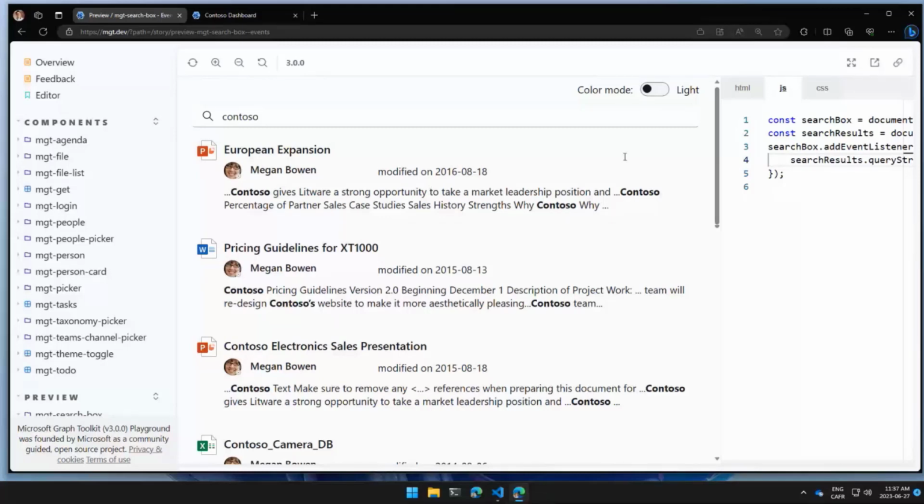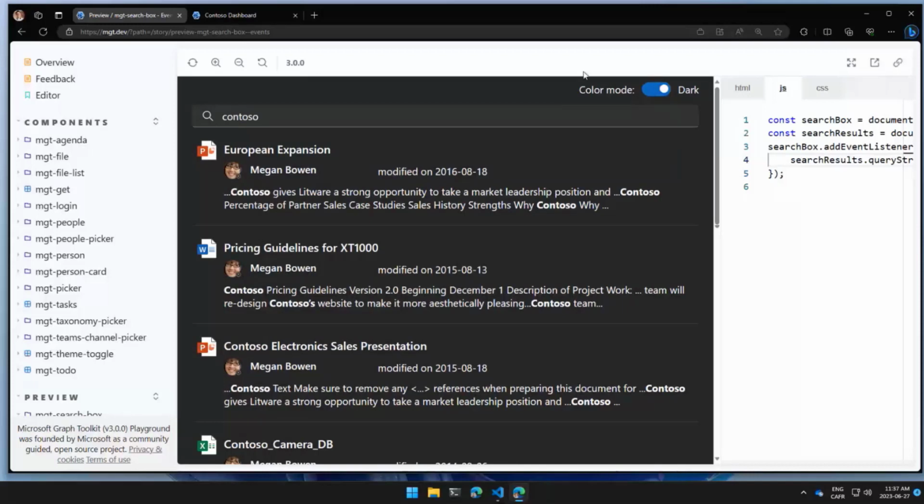First, it supports our brand new toggle capabilities for our theming. So if I put it to be color code in dark, boom, automatically my results are now in dark mode. You can configure that. You can bring your own theming also in there with your own colors very easily.